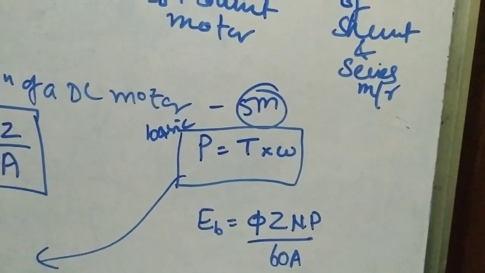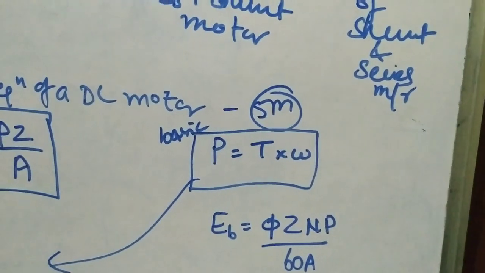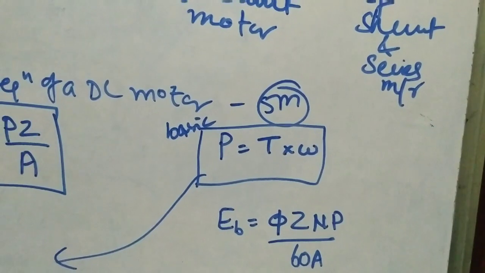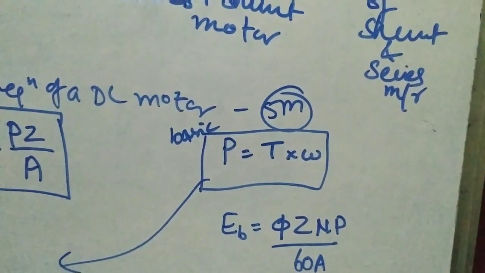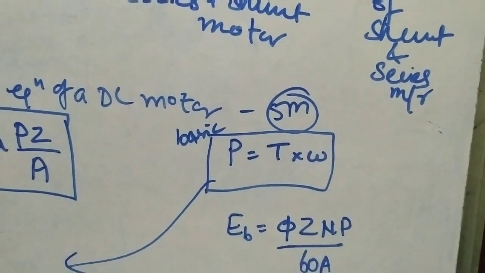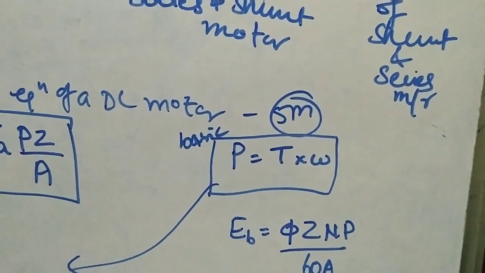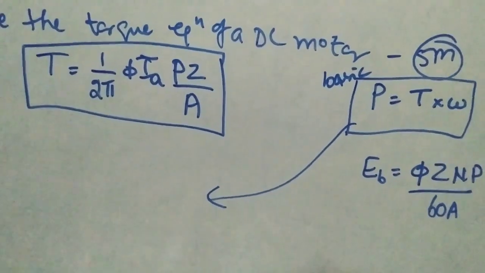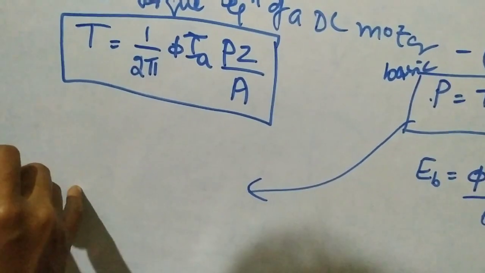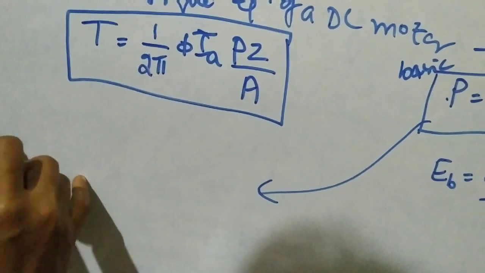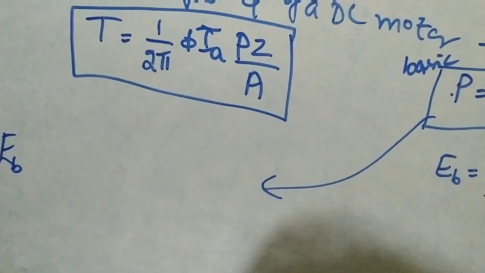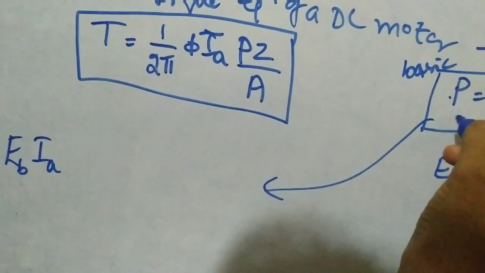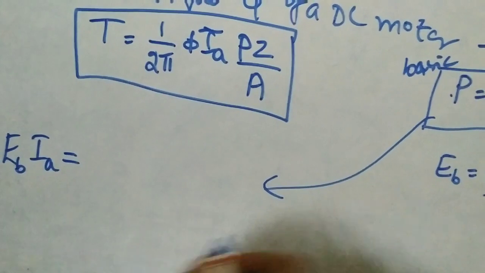How are you going to prove it? You have to follow up some theory part. How did you get power is equal to torque into omega? Omega is nothing but 2 pi n by 60. Now, power is given by voltage into current, that is the LHS. What voltage you will find in the motor is the back EMF, into the armature current which is flowing. So that will be the power, that is the LHS.